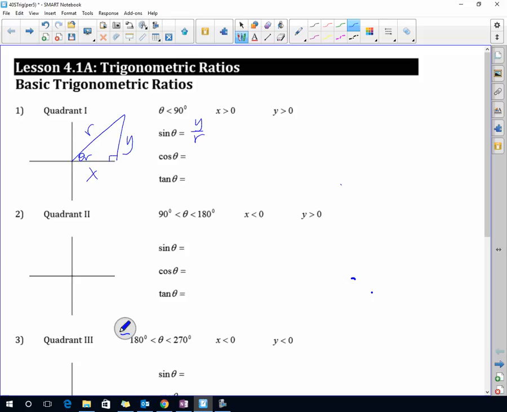Cos theta is adjacent over hypotenuse, so x over r. So that's positive as well. That doesn't look like a positive. I'll rewrite that. Then we have tan, which is opposite over adjacent, which is y over x. So that is also positive divided by a positive is a positive. So in the first quadrant,